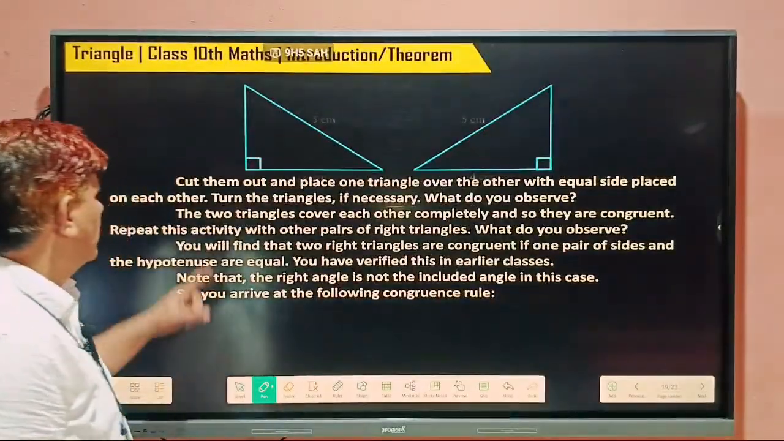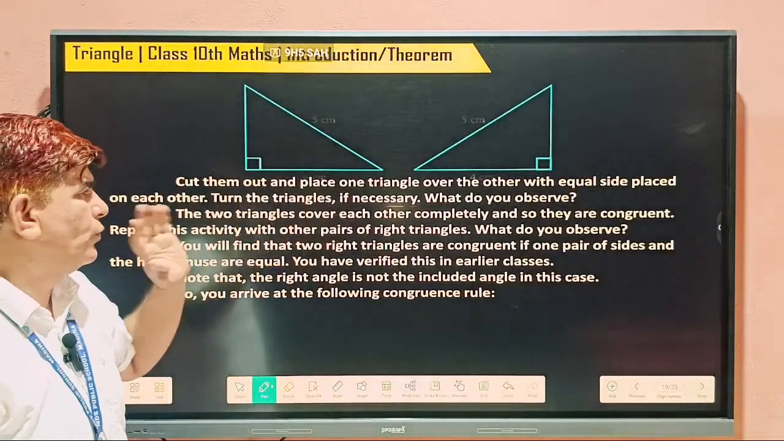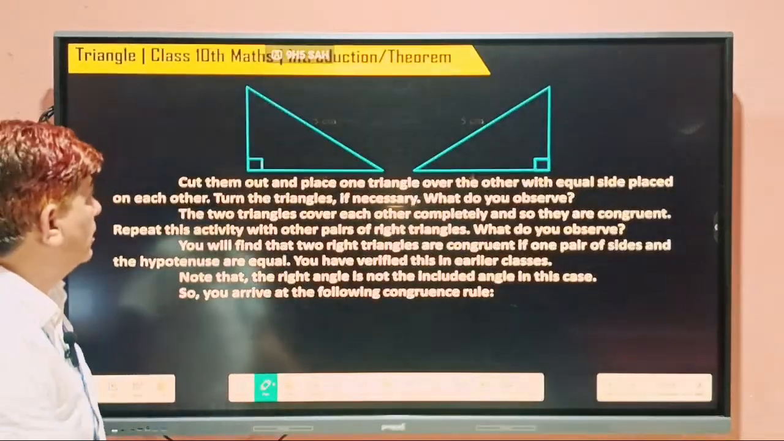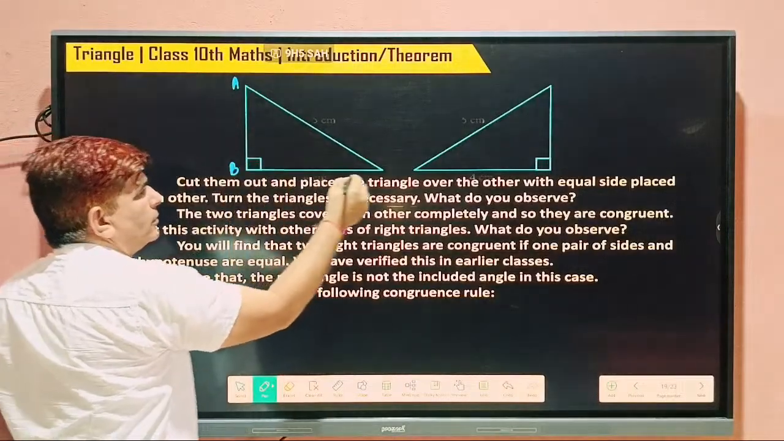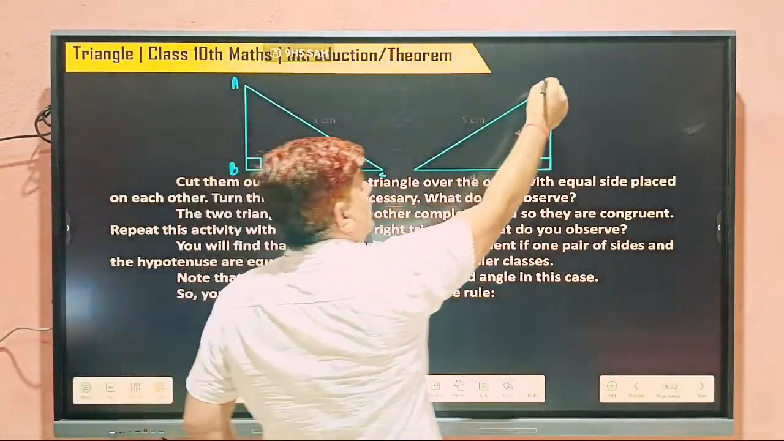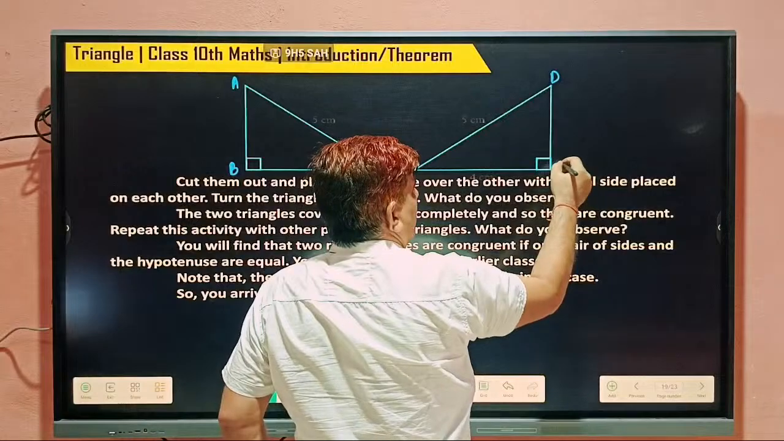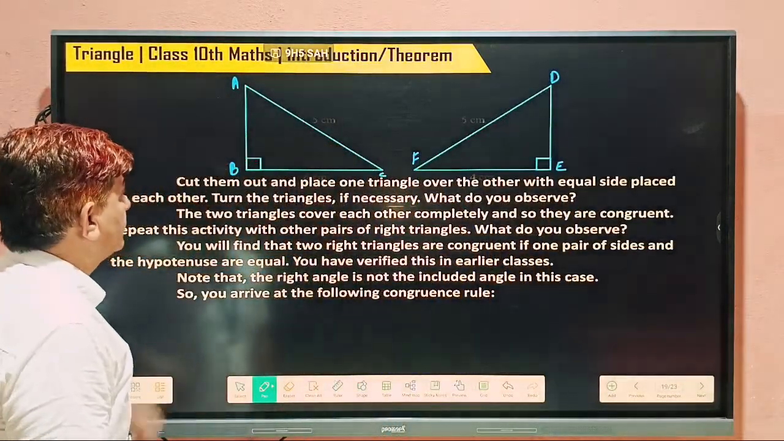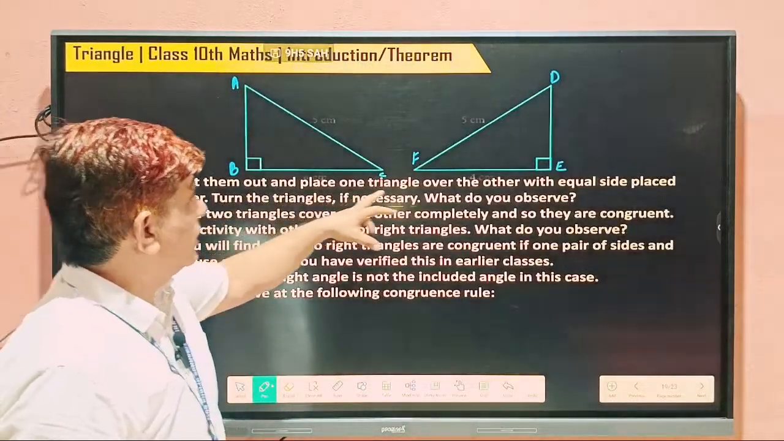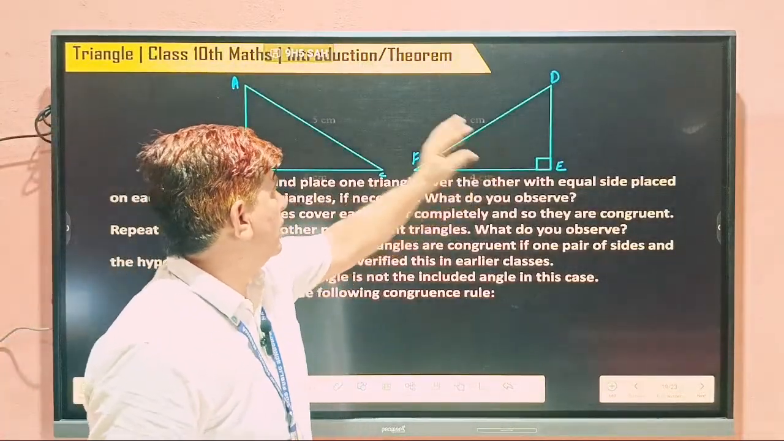So saying cut them out and place. We can take two triangles. This is a triangle, you can say ABC we have taken. This triangle we have taken DEF. And hypotenuse how much taken? Cut out and place one triangle. If we can put this triangle